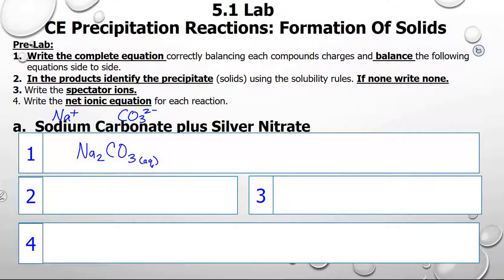Okay, so on this next one, silver is part of the slide. It's Ag with a +1. Nitrate we've used a lot, NO3, it's a -1. +1, -1, I just smash them together. Now, if you remember, in chemistry, we don't do foil, we do OI. So outsides and insides are going to go together. So sodium is going to go with nitrate on the other side. It's +1, -1, so